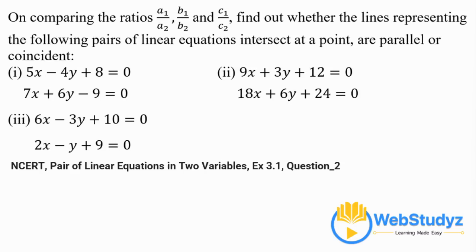Hello students, let's read this question. On comparing the ratios a1 by a2, b1 by b2 and c1 by c2, find out whether the lines representing the following pairs of linear equations intersect at a point, are parallel or coincident. So let's check for the first pair of expressions. In the first, we have the expressions as